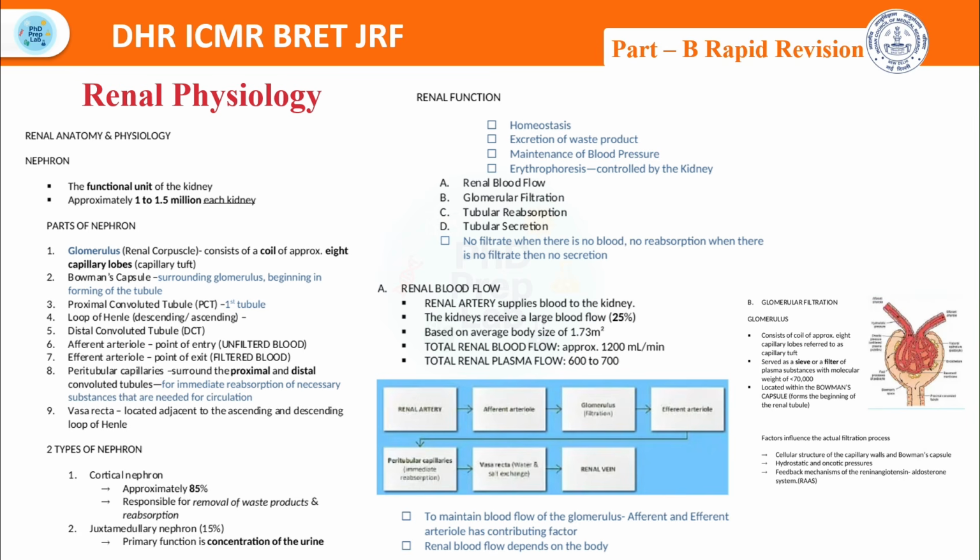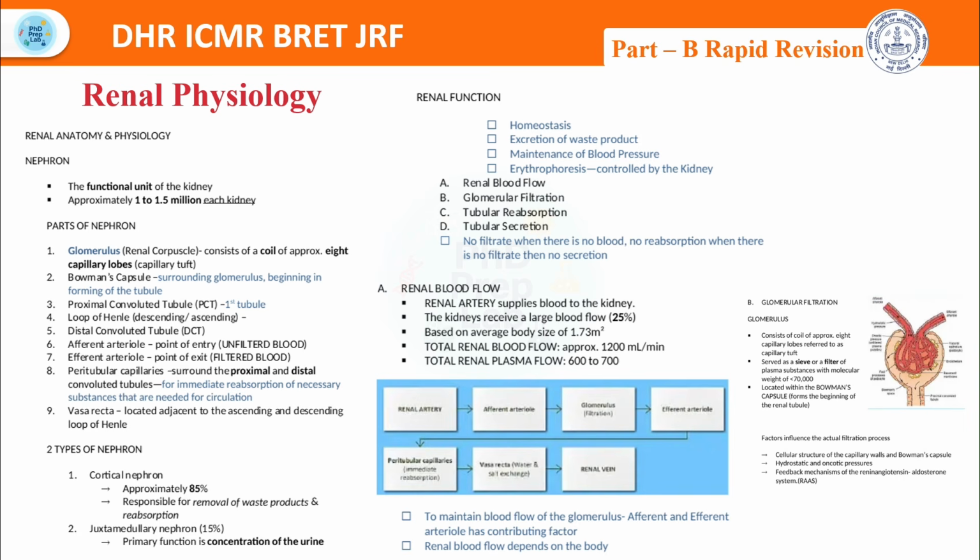Now you have two types of nephrons. First is the cortical nephron, then there is the juxtamedullary nephron. The cortical nephrons are in the majority, 85%, and are responsible for removal of waste products and reabsorption. The juxtamedullary nephron is primarily for the concentration of the urine. Then the renal functions are homeostasis, excretion of waste, maintenance of blood pressure,